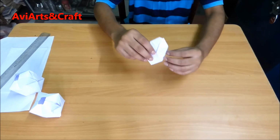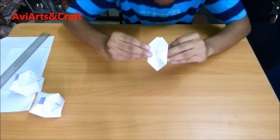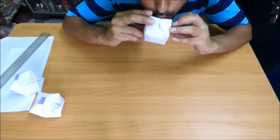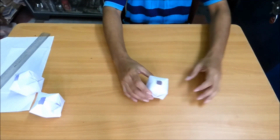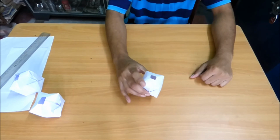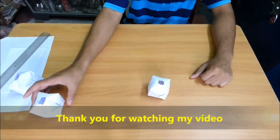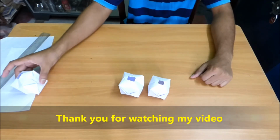Now our paper ball or ink pot is ready. Now find the open portion, cut a small part from it and blow the air from the open